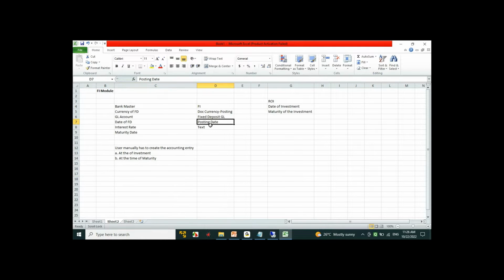In case you forget the maturity date, because what happened is I am mentioning it in the text only, the system will not tell me anything, right? On the maturity date, how do I remember? I may have to go and run a report and see. So in case you forget, gone. You cannot do anything. And all the investments you have to maintain manually. Okay. So the second limitation would be,